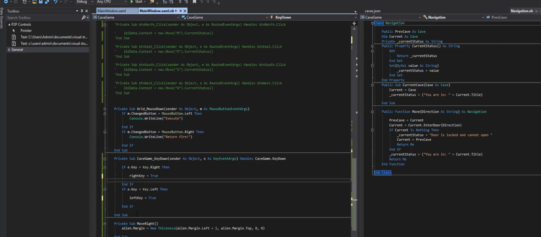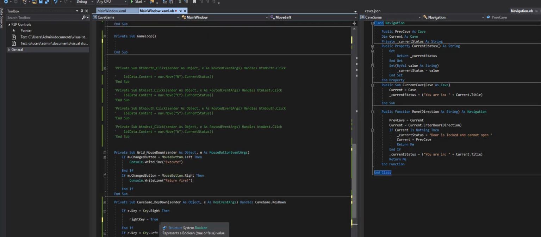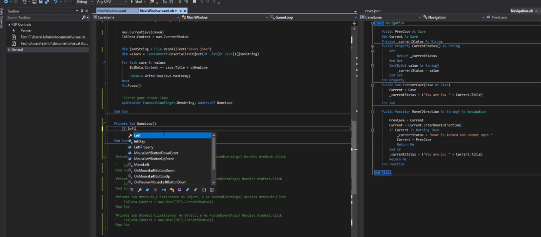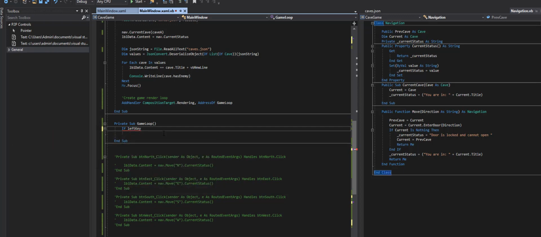And the reason why I did that is because I want to be able to put something inside of the loop that's constantly checking whether this is working. So I'm going to go ahead and create a procedure that will go inside of, let's see, the main loop. And basically what I'm going to be asking this procedure is if the left key is pressed, then I want you to check to see which key was pressed, and if it's the left key, come back true. If left key was pressed, I'm going to feed a procedure the fact that the left key